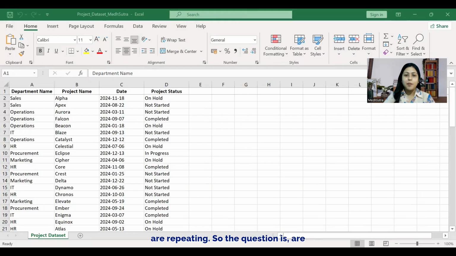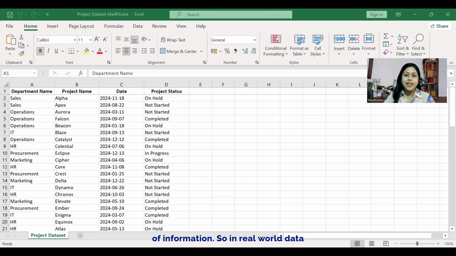So the question is, are these duplicates or are they actually valid entries? How can you judge it? Now anybody would immediately go to remove the duplicates, but as an analyst or as somebody dealing with very important data, you should ask one critical question to yourself. What defines uniqueness in this particular data set? Because if there's a single wrong move, the entire department is going to come running after you because you are removing a whole valid set of information.